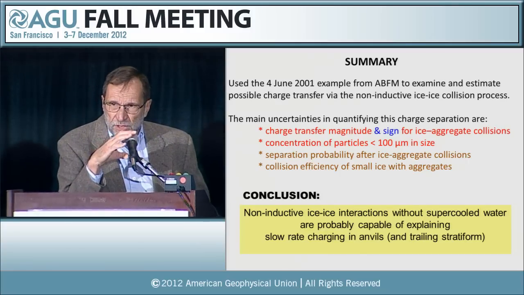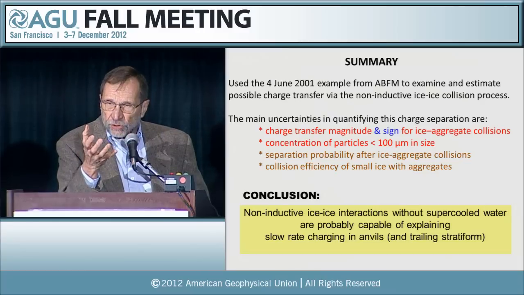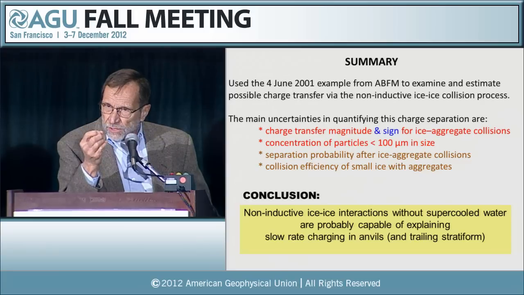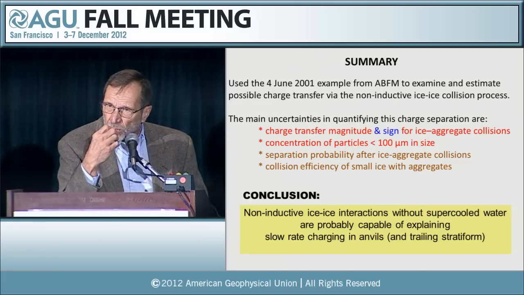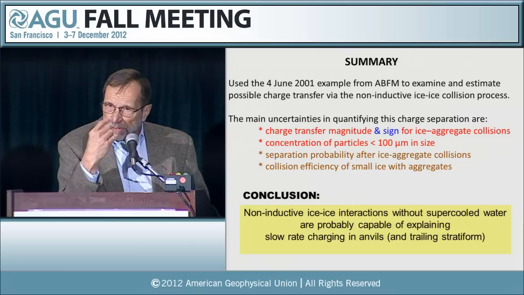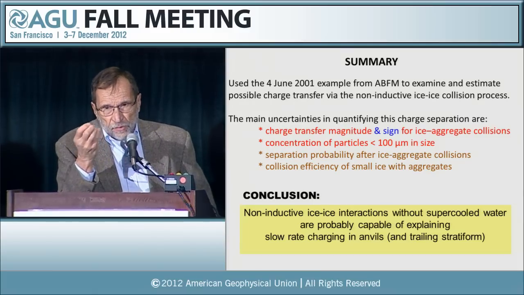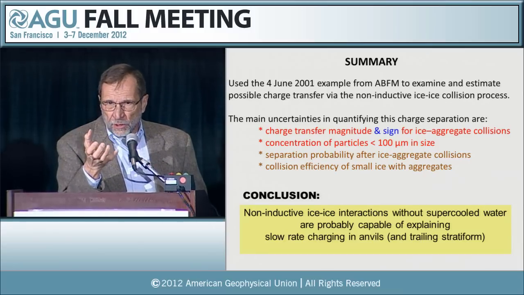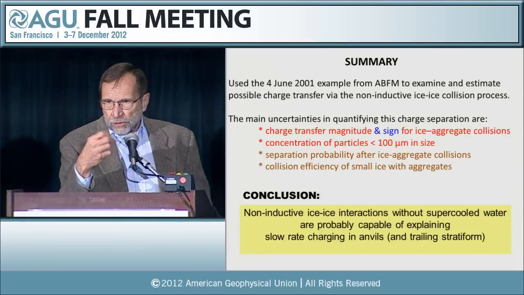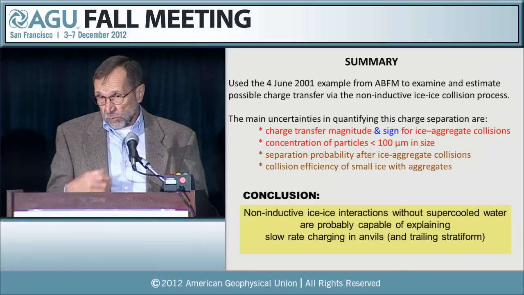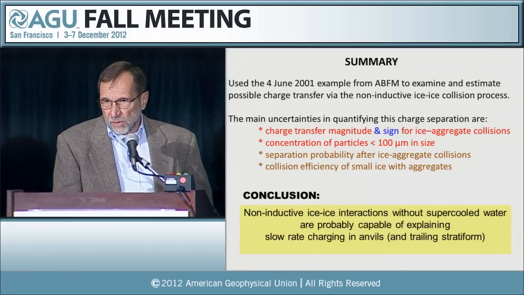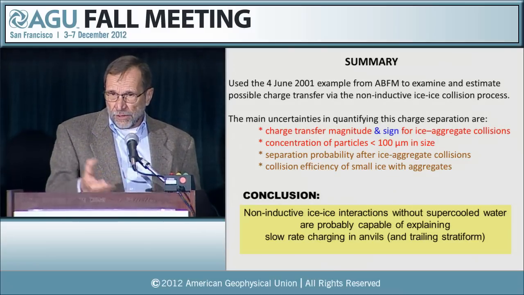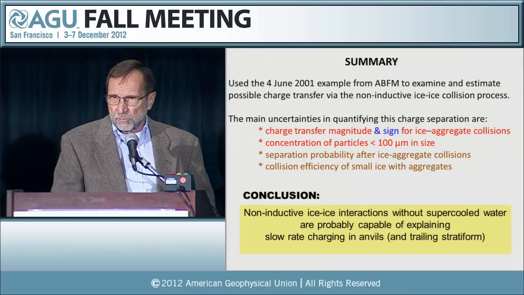If I understood the question, turbulence could impact the collision rates. I certainly agree. I didn't understand, did you say that it could increase it or decrease it? Well, that would add to this, obviously, and certainly these irregular particles and aggregates are falling in a very turbulent manner, as well as being in a turbulent environment. So that adds power to all of these mechanisms we're looking at, the non-inductive mechanism.